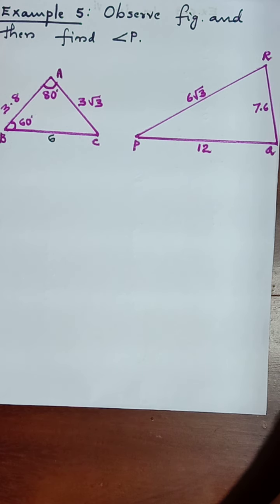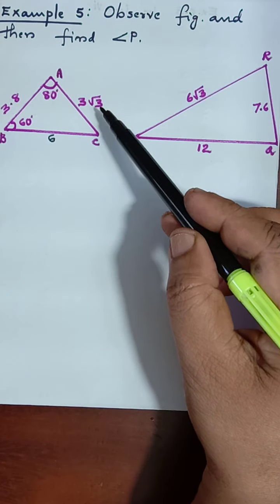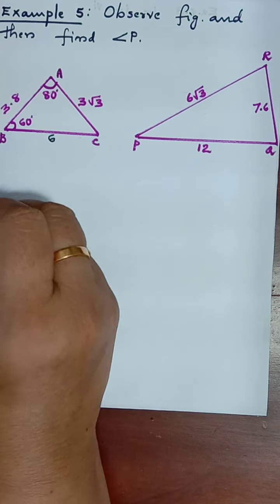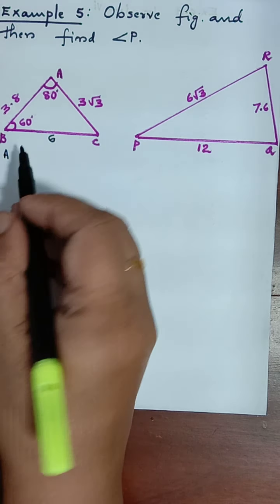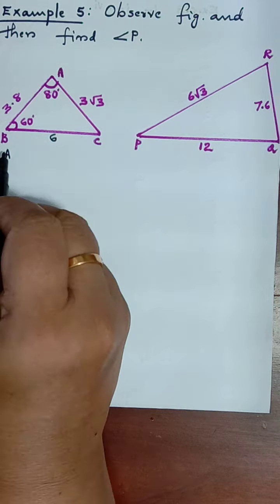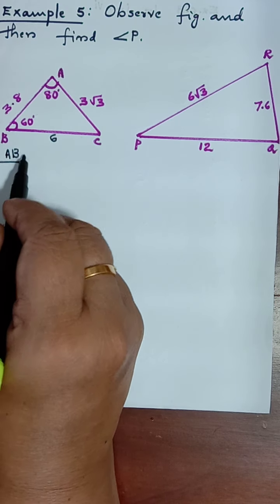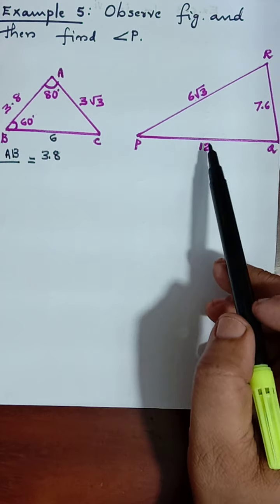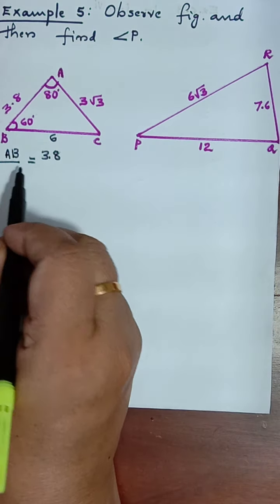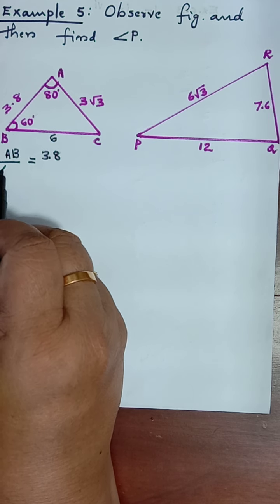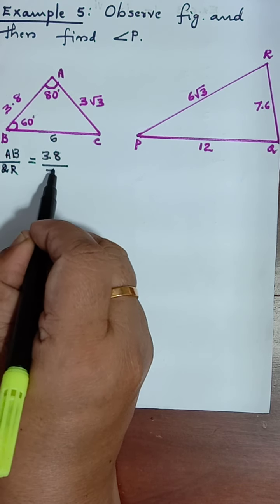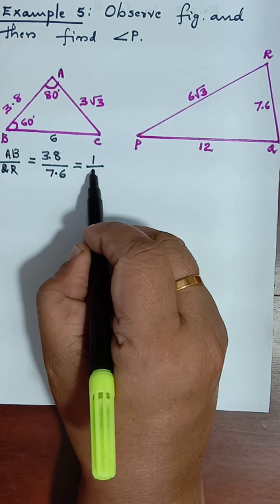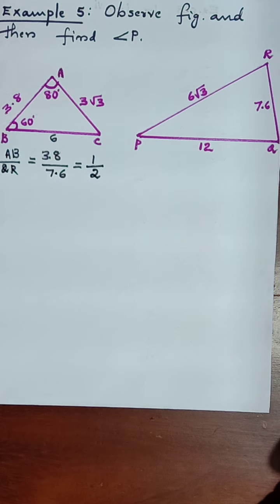Okay, now let us think. Since three sides are given, whether we can use the SSS similarity criterion. That is how we are going to check it. Okay, so let us see that AB is 3.8, we know. Can you compare this 3.8 with any of these values? If I take QR, it is 7.6. It is double, we know. So 3.8 one time, 3.8 into 2 is 7.6.